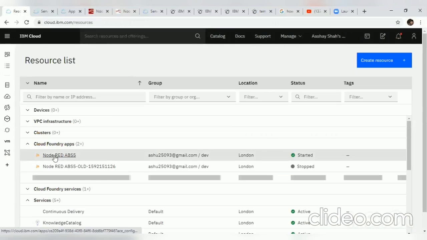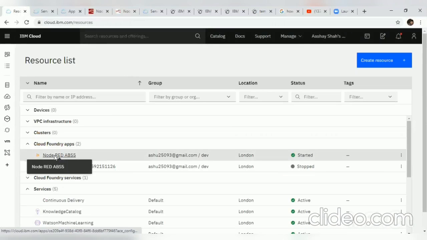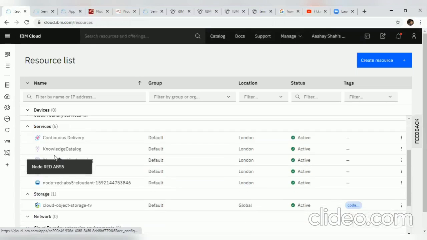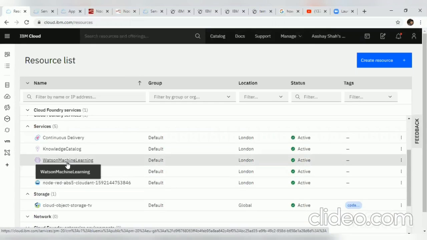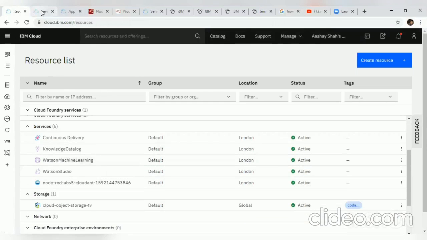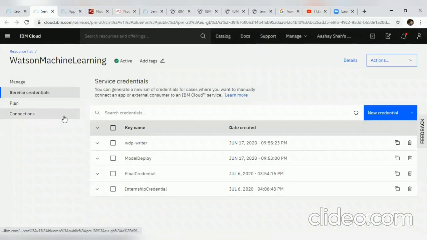Under the resource list, you will find your instances, such as the instances we created for the Node.js application, for Watson Studio, and the machine learning service. Click on this machine learning service and you will get this page. Under this page, click on the service credentials.